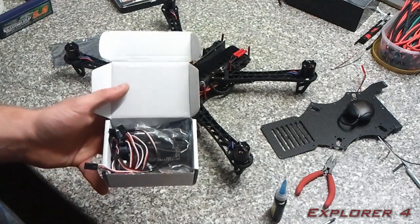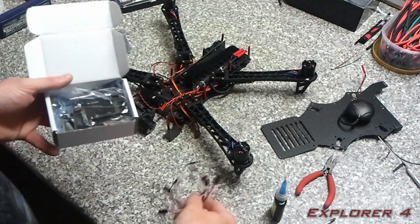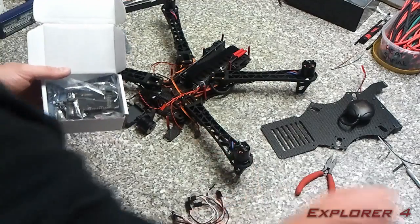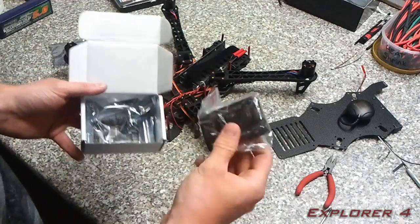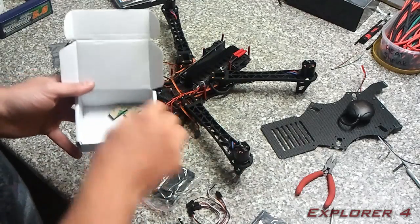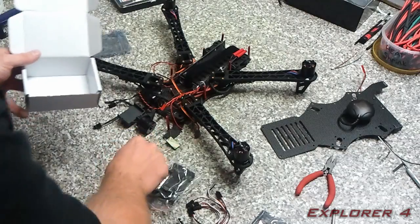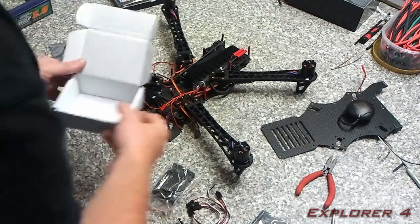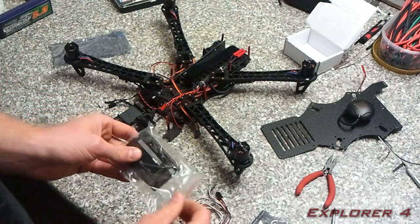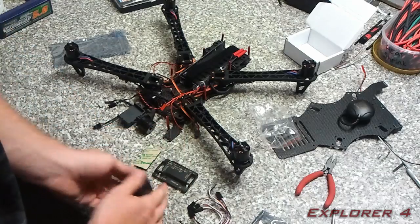The next stage is the APM, or Hobby King pilot, the HK pilot. Basically you get the connections for the receiver, move that out of the way, you get the box, the case, the pilot itself, and these foam pads. Basically we're going to mount the APM into its case,